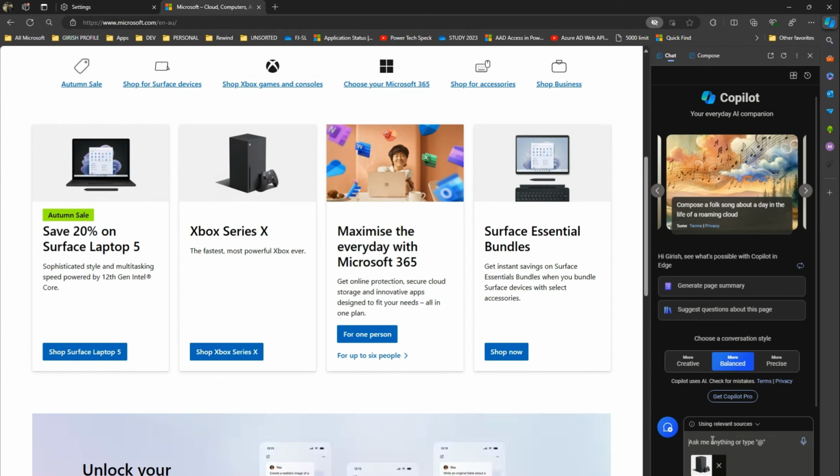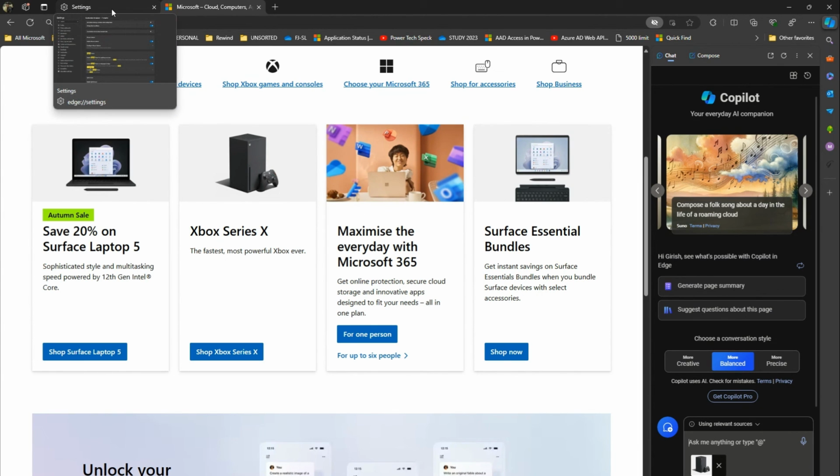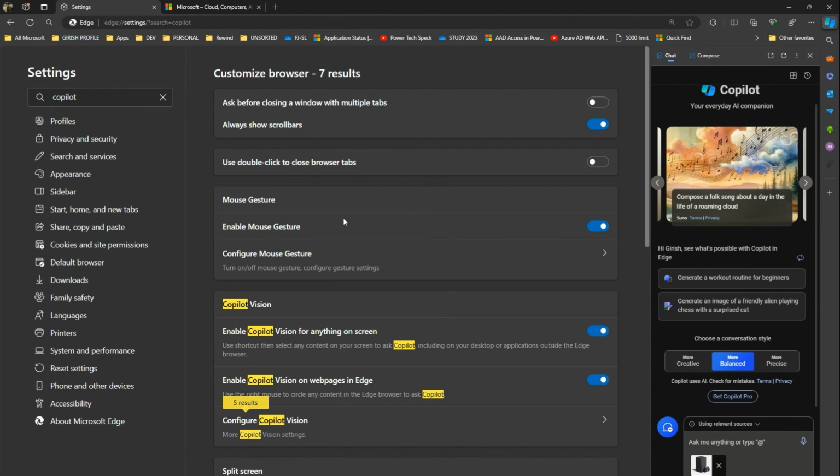So this is how you basically use the Edge Copilot version. Now it is not generally available. I have told you that this is available in the Canary version as of now, but maybe in the next 2 to 4 weeks you will find this in the generally available product as well. So watch out for this feature, Copilot Vision. And there are a couple of settings which you need to enable, like enable Copilot Vision for anything on screen, and if you want to use the right mouse gesture to circle any content in the Edge browser to ask for the